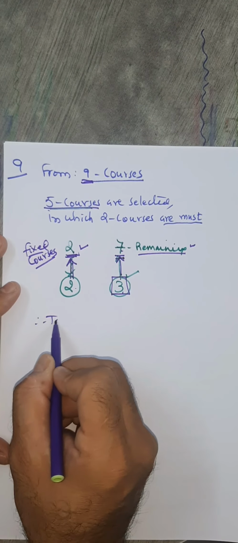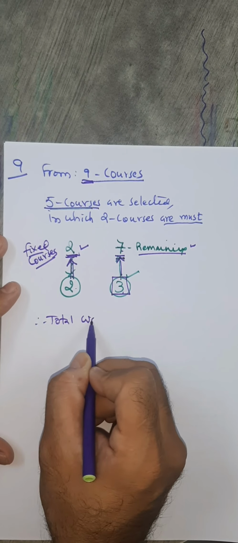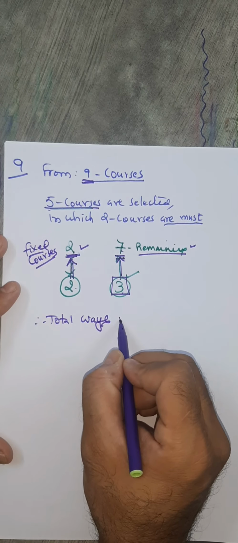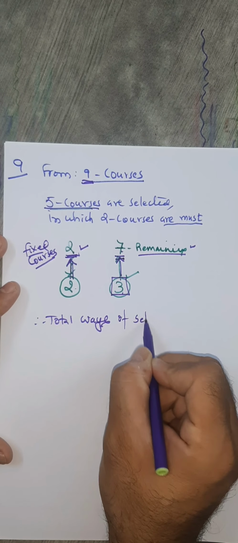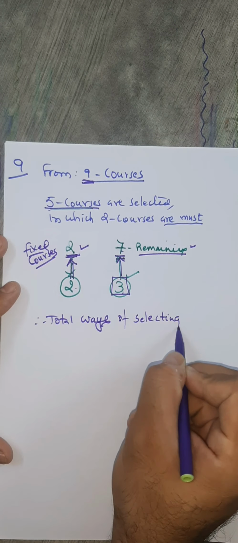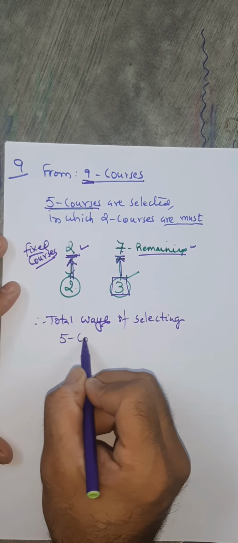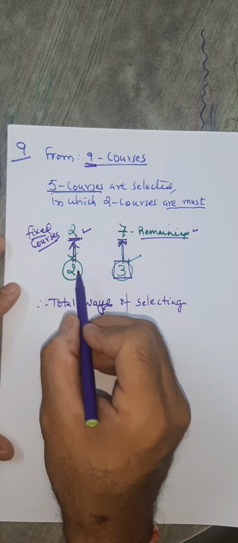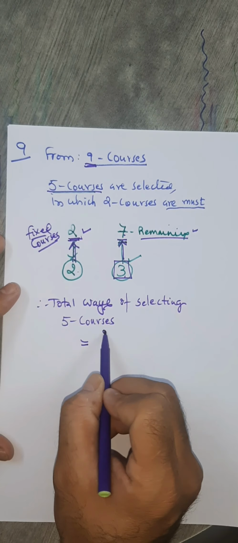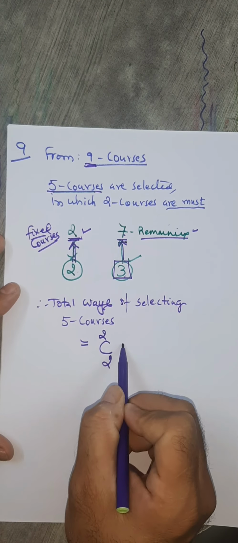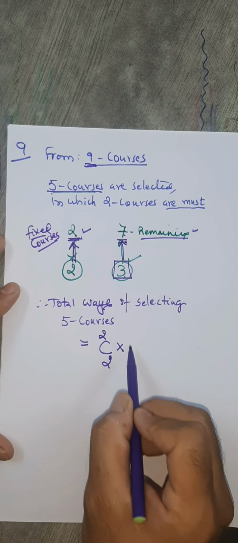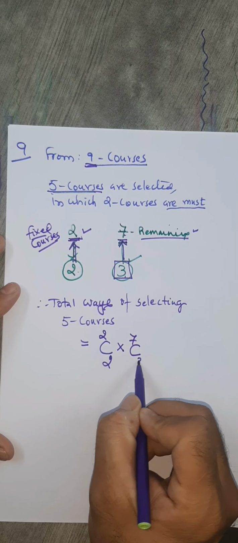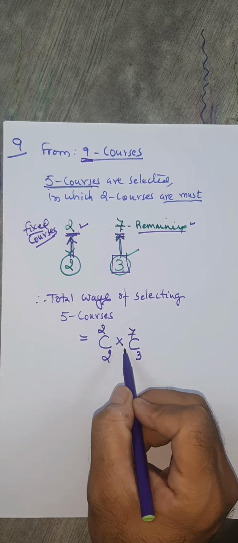So by counting principle, total ways of selecting 5 courses equals, here 2 should be selected from 2, so 2C2, and from 7, 3 should be selected, so 7C3, and because of counting principle,